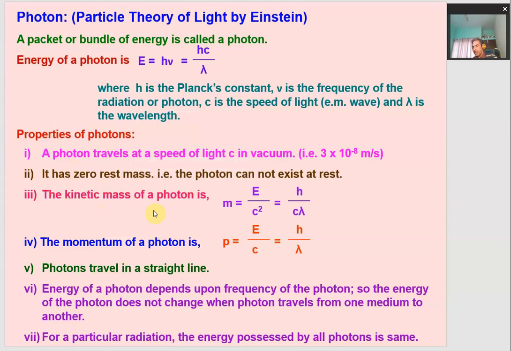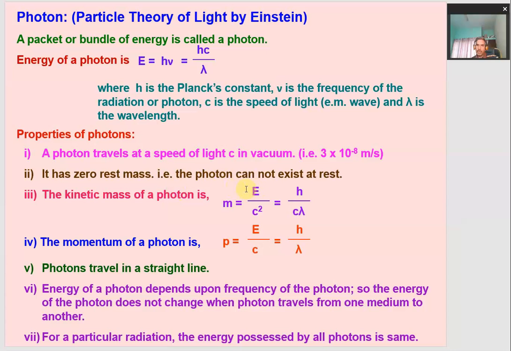And according to Einstein's mass energy equivalence or mass energy relationship, each and everything in this universe exists in the form of energy, and the mass or material particle is related by this identity, or we can say formula. So the mass corresponding to this much speed of the light is given by m is equal to E upon c square, where E is the energy carried by that photon. So this is the mass of the photon, or we can say kinetic mass of the photon.